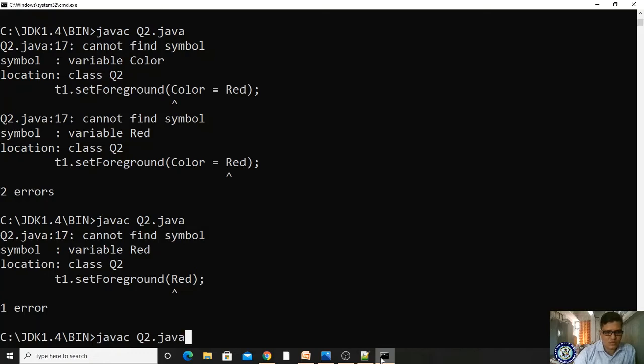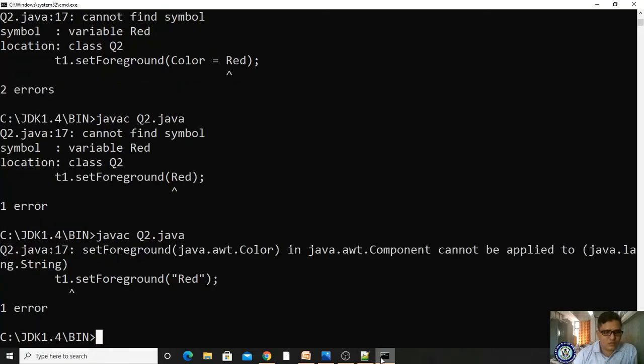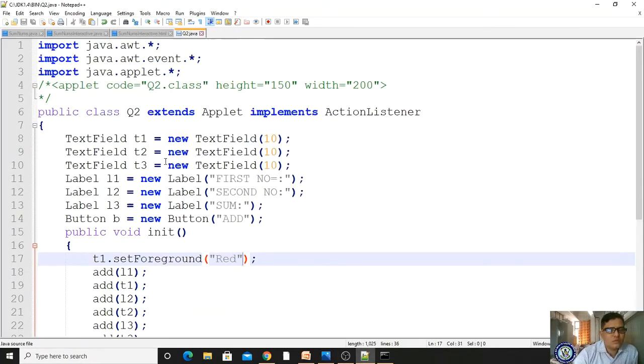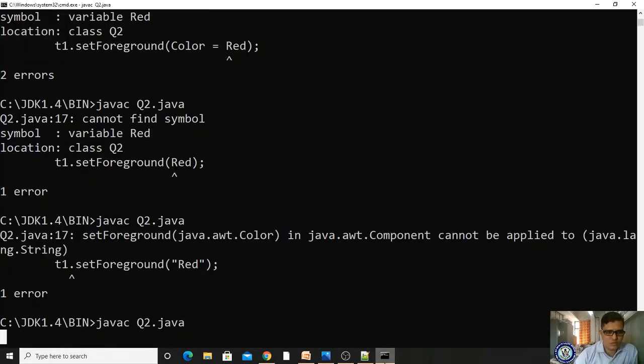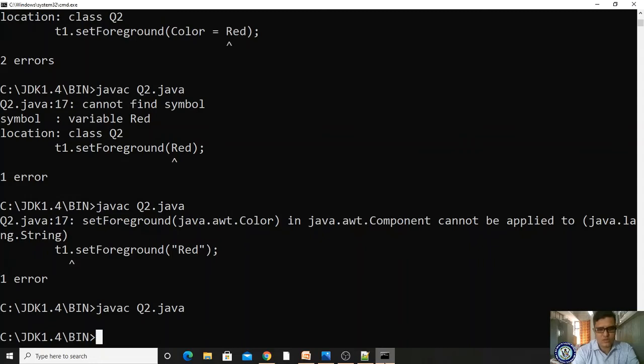Compile, setForeground. Still we don't need any color. Let me remove this. Okay, save it. Come here and compile. Yes, no error. Appletviewer q2.java.